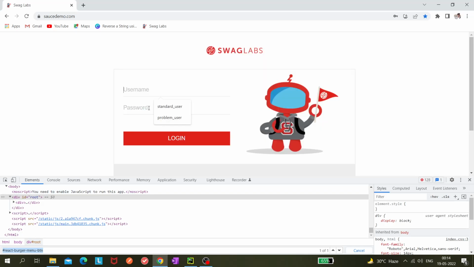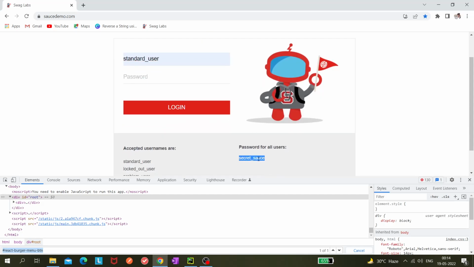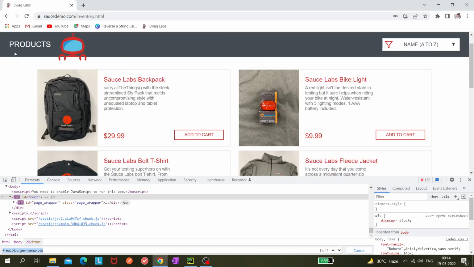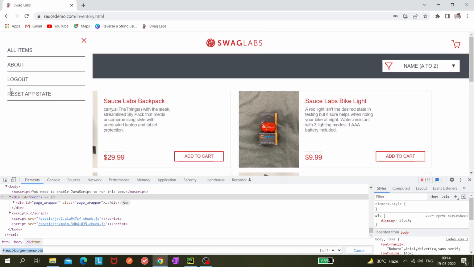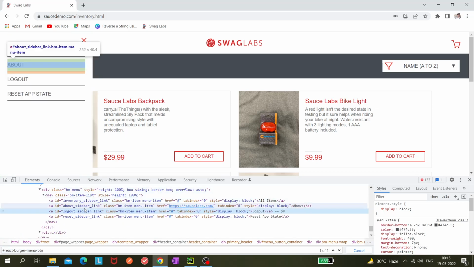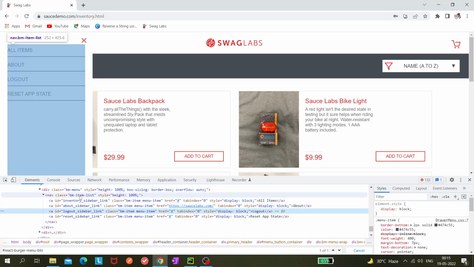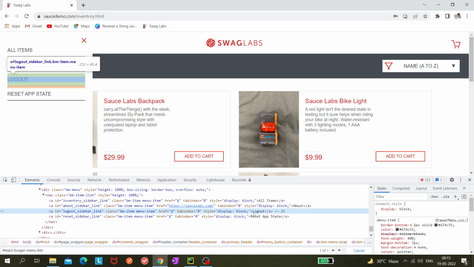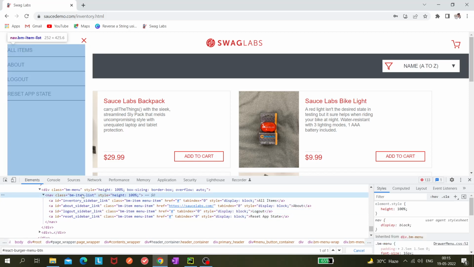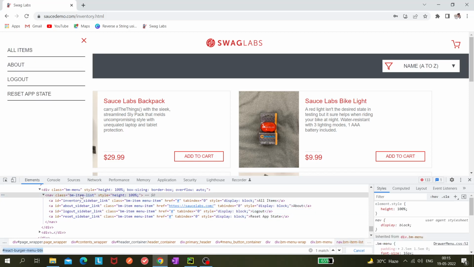Sorry. So I'm inspecting this logout button as well. So here you can see this button. So I can just create a custom XPath.